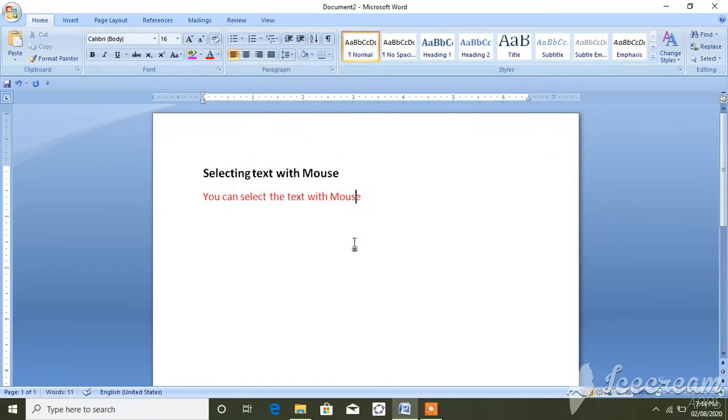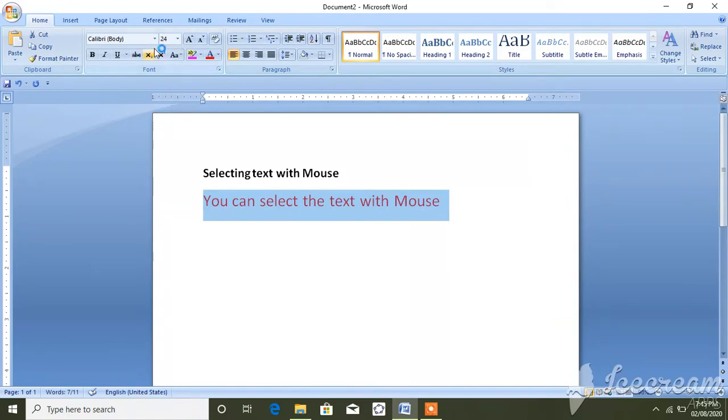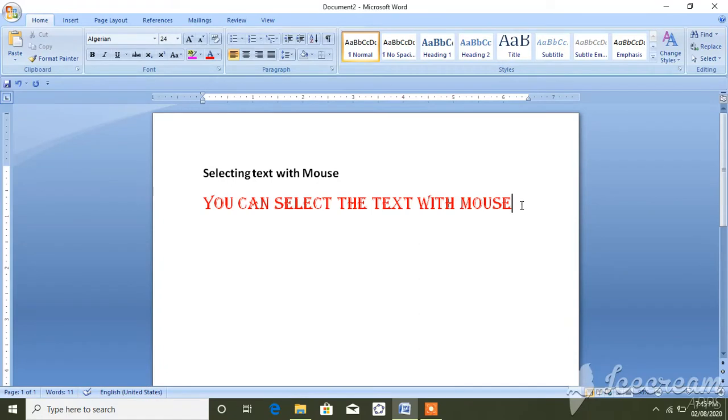I make it red. Okay, if you want to make this font big, select it and you can change the font like this. Even you can change the font style. So to make these changes, selecting that text or selecting that line is necessary.